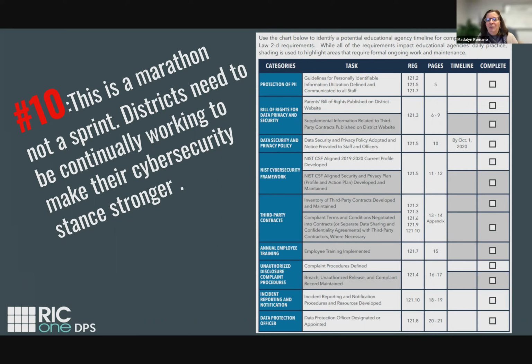And actually, the only two deadlines that State Ed had given that were concrete deadlines was, the first one was that by July 1st of, I think it was 2020, you had to have a data protection officer appointed in your district or your school. And then the second deadline was also supposed to be originally July 1st, about having your district-wide or your school-wide data protection policy ratified by your board. Originally it was July 1st, and with COVID, they moved it to October 1st, 2020. So if you don't have that data privacy policy in place, that should be the first thing that you're working on.